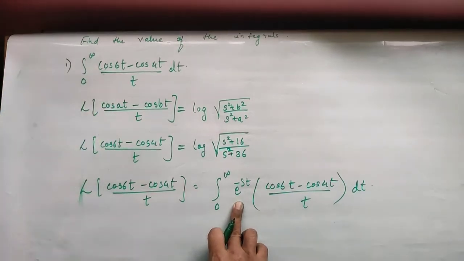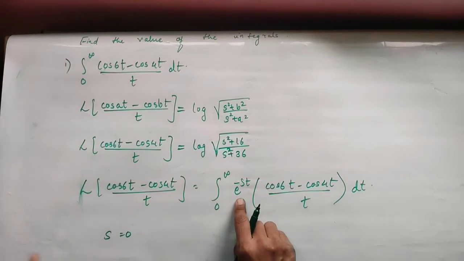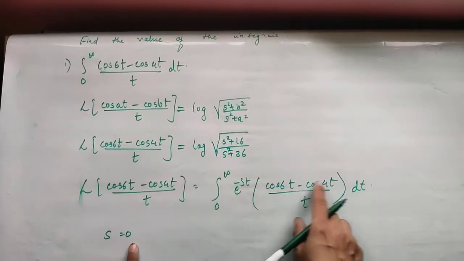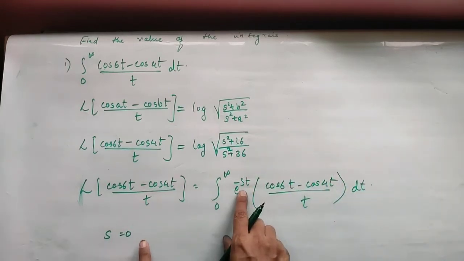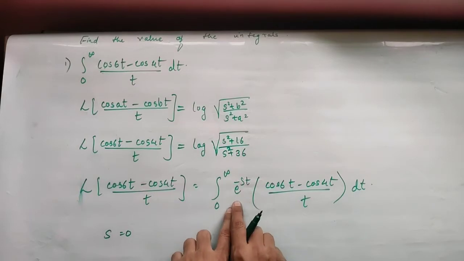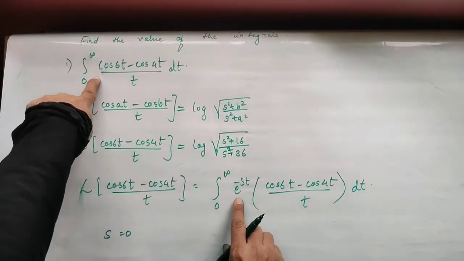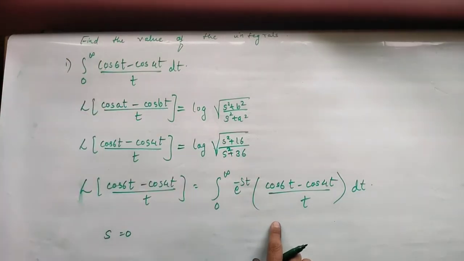It gives you the value for s there. The value for s should be 0, because t is a variable here and t cannot be 0, otherwise each term becomes 0 and you cannot define it at all. If s is 0, e to power 0 becomes 1, so you do not get any exponential term. So the value for s is 0 here. If you compare this with the given thing, you get the value for s.